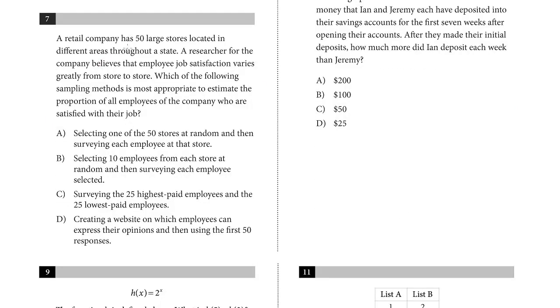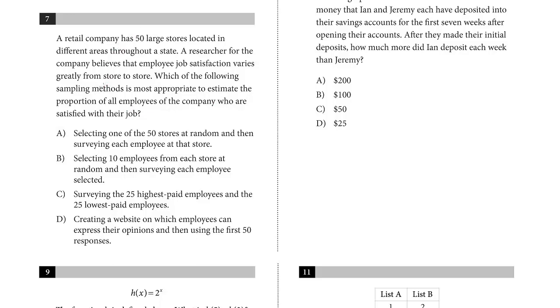A retail company has 50 large stores located in different areas throughout the state. A researcher for the company believes that employee job satisfaction varies greatly from store to store. Which of the following sampling methods is appropriate to estimate the proportion of all employees of the company who are satisfied with their job? So there will be a few questions on sampling, and whenever you have a sample, you